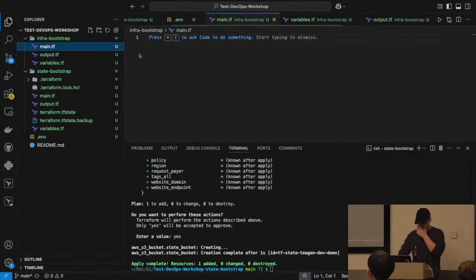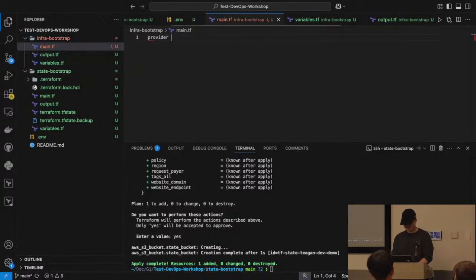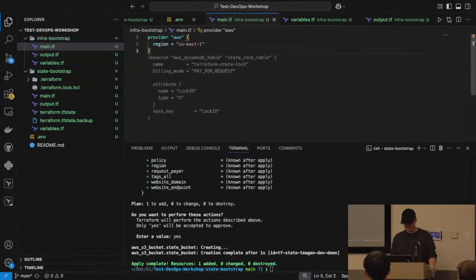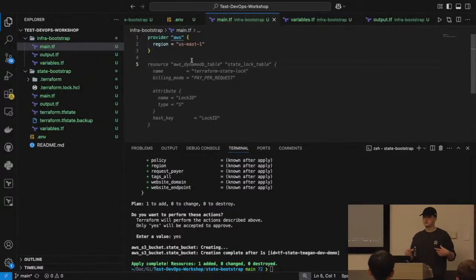And so now, we have to think, well, what is the first thing we have to do on our main.tf file? Anyone remember? Nobody? Perfect. We have to make sure Terraform knows who we're talking to, right? So we create our provider, we go AWS, and then add that here, okay? And so now the next one is, what are we trying to create? What is the infrastructure that we want to be built when this script is run, right?